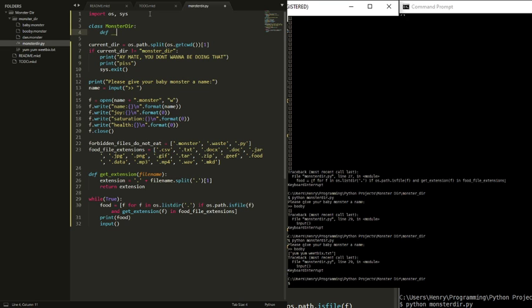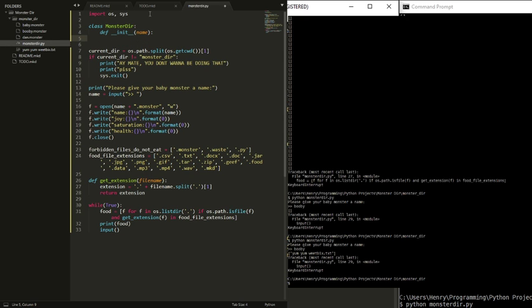Def init, awful name. Cool. And I guess we can do the file creation as part of this, right? So when you give it a name, it just creates the file. Do we want to do it as part of that? I guess no, we just want this monster class to be able to hold the information and not to do any of the functionality. So we just do init